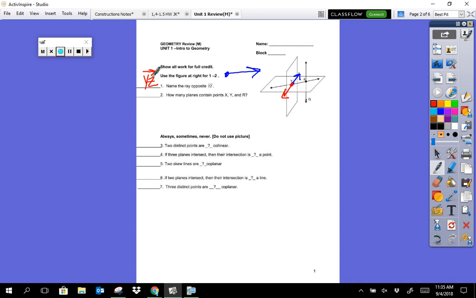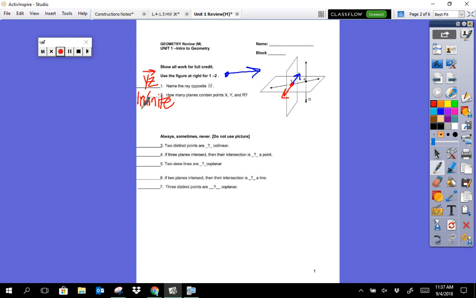Number 2, how many planes contain X, Y, and R? This is a little hard. So don't necessarily go based off of this picture here, because you might say just one. You have to understand that through any 3 points, there's an infinite amount of planes, and you can't see that in the picture, so this would be infinite